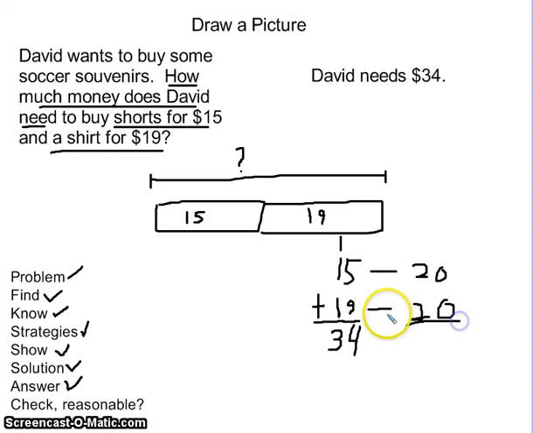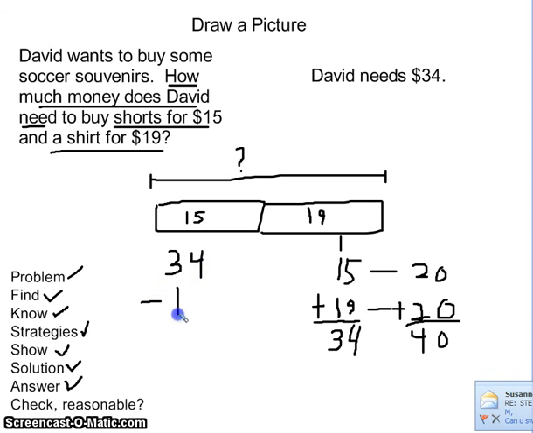And then I can add 20 plus 20. I know 2 plus 2 is 4, so 20 plus 20 is 40. And 40 is pretty close to 34. So it's kind of reasonable. With smaller numbers like this, the best way to check though is really like this. You subtract. 34